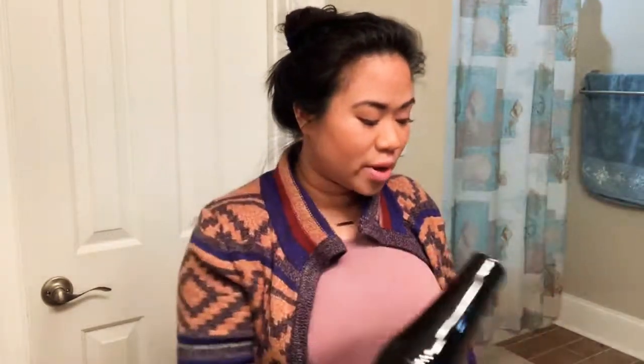First, I'm going to damp dry my hair. Just go through it really quick. And then I'm gonna separate into sections. So I'm gonna put this leave-in conditioner. It's L'Oreal Paris Aleve. And I like to just put it into my ends because my ends tend to be more dried and I actually have pretty oily hair at the top. So I just like to put it at the ends of my